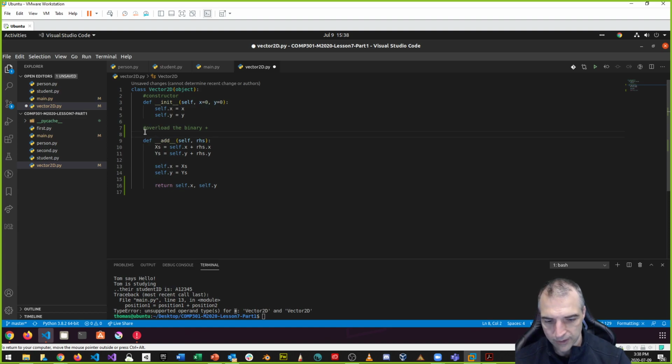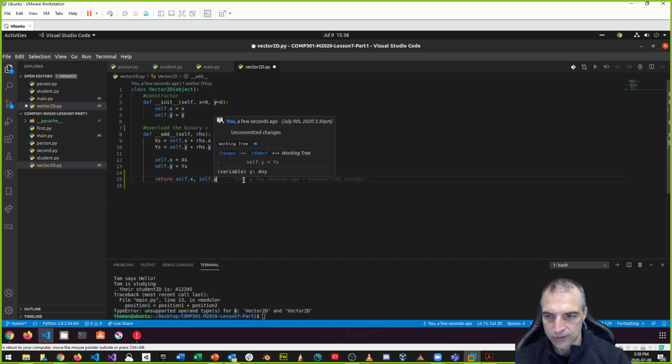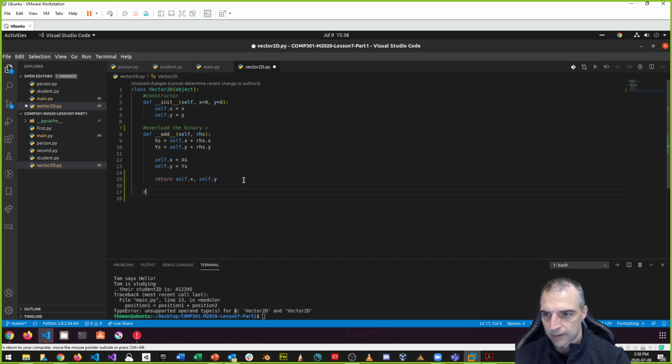It's okay, right? It's just a little different in terms of its syntax. That's all. So there are other ones. If I also want to subtract, I need to do the operator overload for subtract. So again, overload the minus, right? So I want to do def __sub__, and I pass in self and the right hand side, whatever the right hand side is going to be that